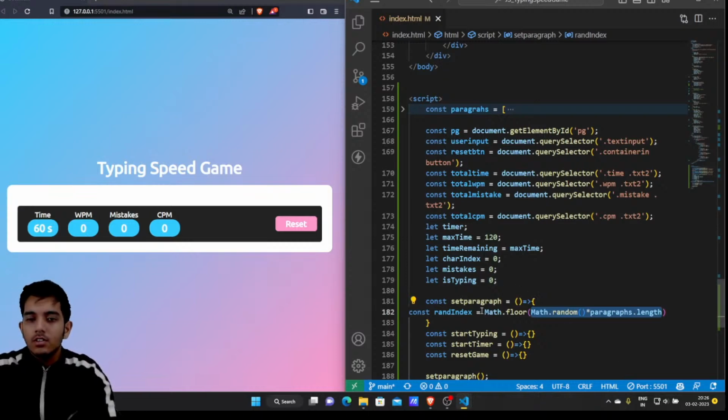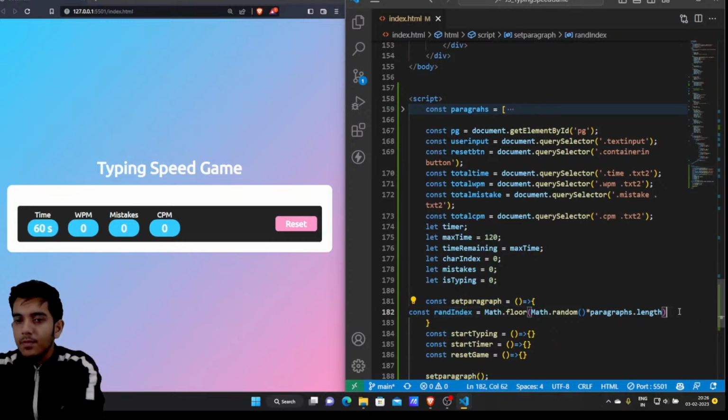Okay, so it will return anything 0 to 5, and the floor is basically for manipulating the decimals. It will make a normal number out of decimals. It will remove the decimals. So we'll get any number between 0 to 5 inside this random index variable. After this,